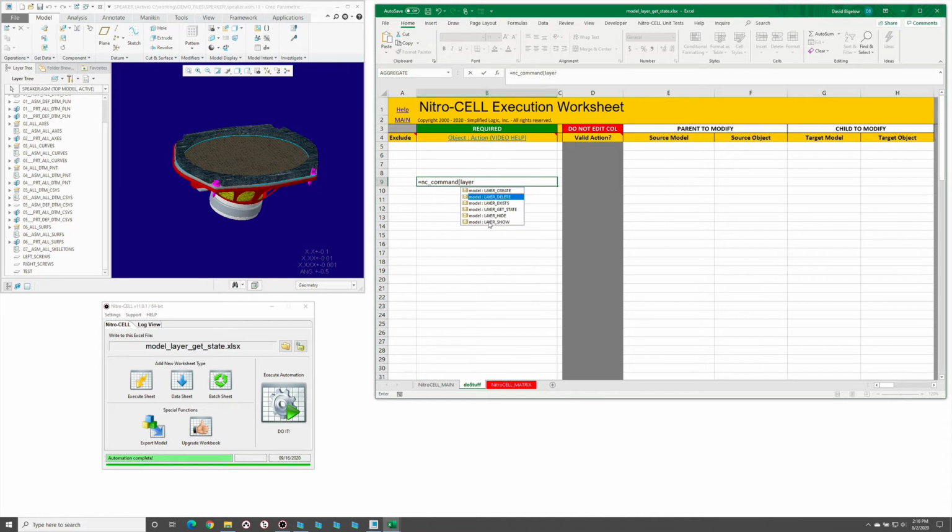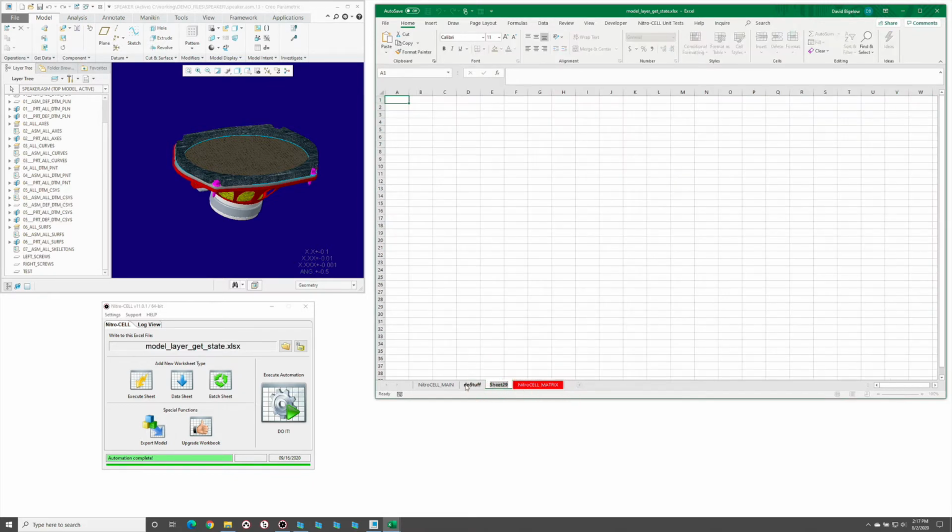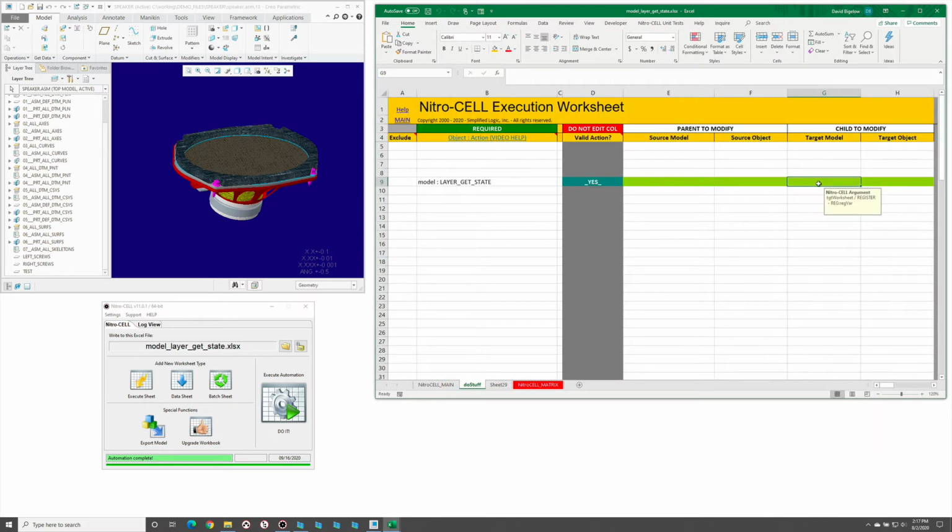So layer get state, and this will by default take a look at the active model, and this also works for drawings. So whether it's an active model or an active drawing, or you could specify something that's in session currently. The layer name could also be wildcarded, and then it's going to write to a specific target worksheet and cell. So this value that's going to be written is actually a comma separated list of strings,